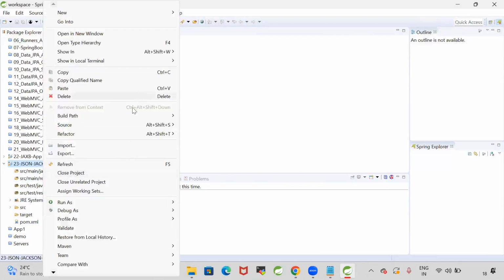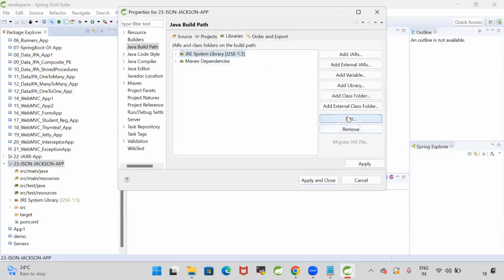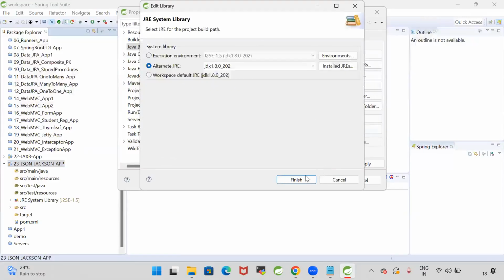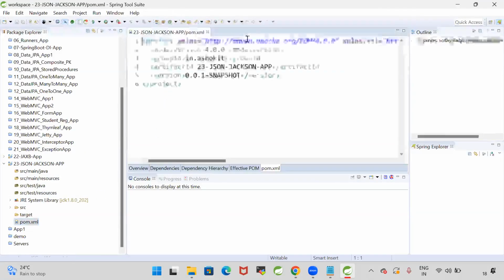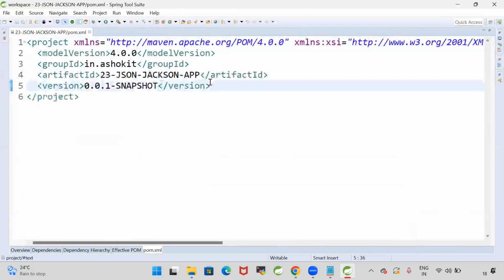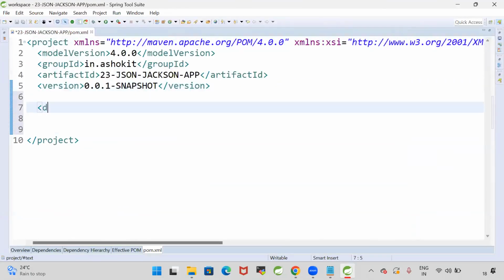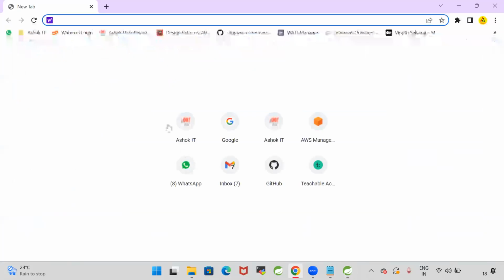Okay, go to build path and configure the build path. By default we got version 1.5. I'm changing it to version 1.8, apply and close. Go to pom.xml. In this project currently, no dependency is available. Let me add the Gson dependency to work with the Gson API. As we discussed, Gson is a third-party API. Let me get that Gson dependency from